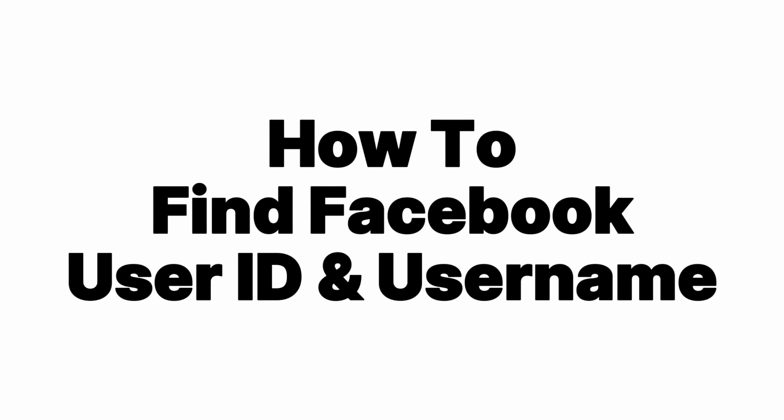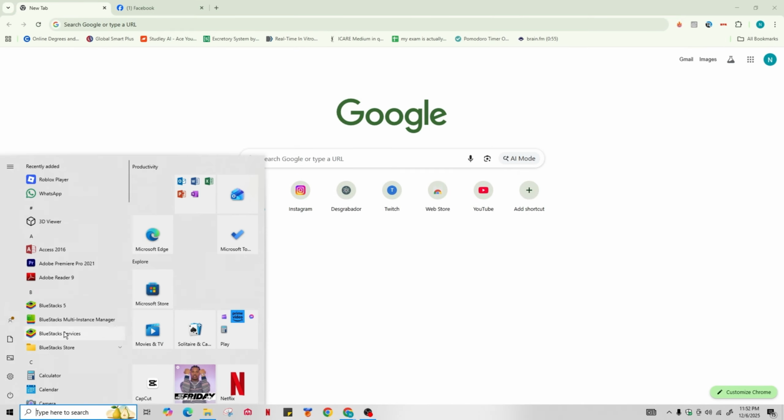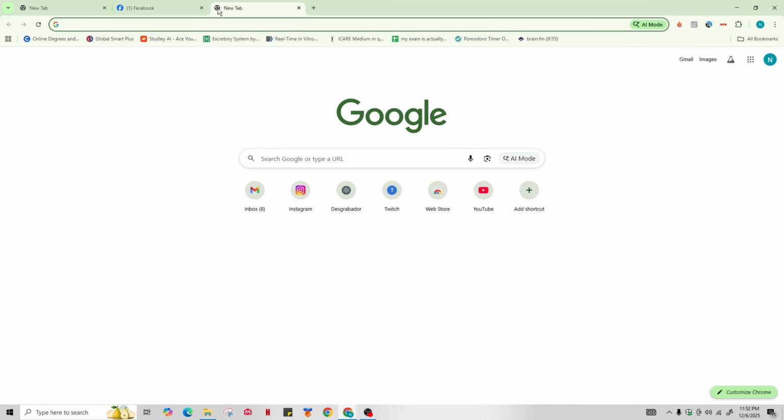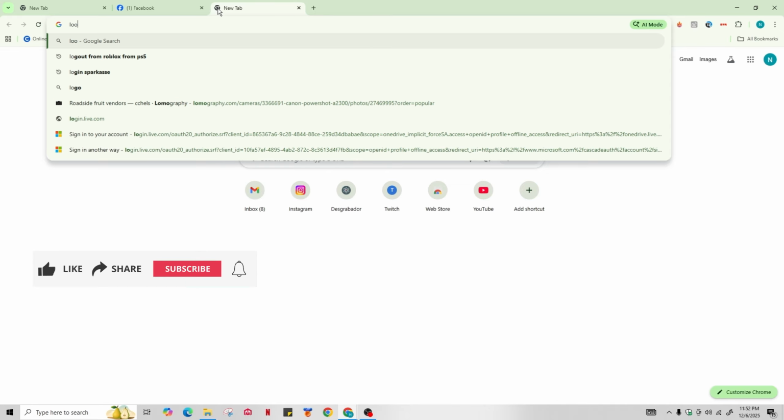Here's how you can find your Facebook profile user ID. First, you need to go ahead and launch any web browser on your device. Then go to facebook.com and log into your account. Now open a new tab and then simply write